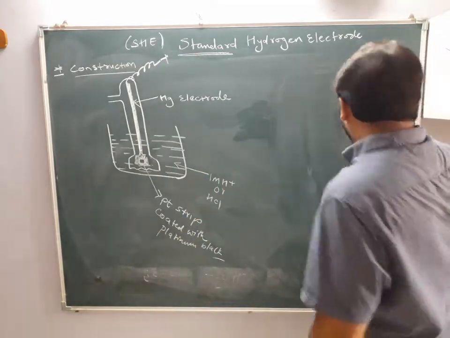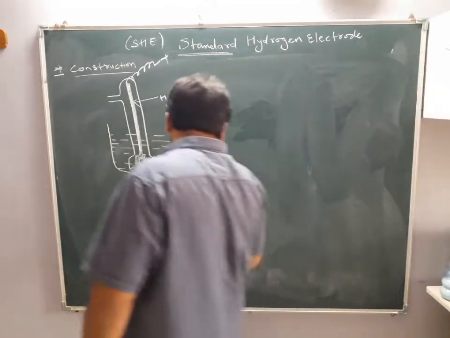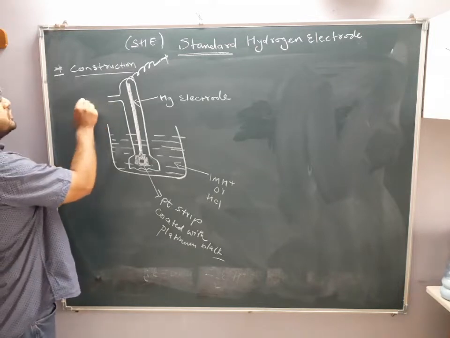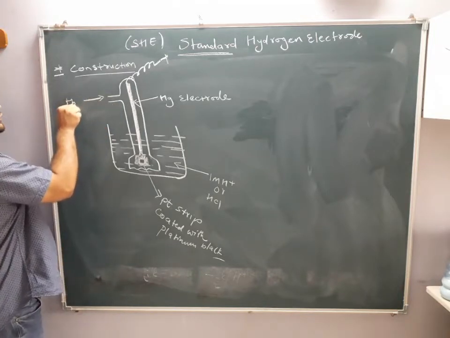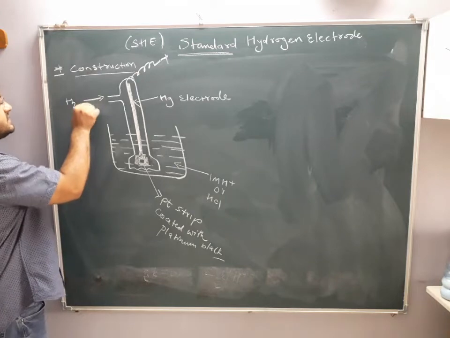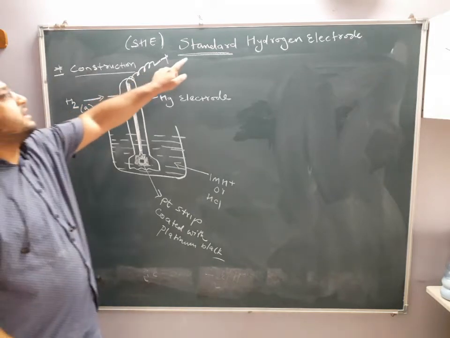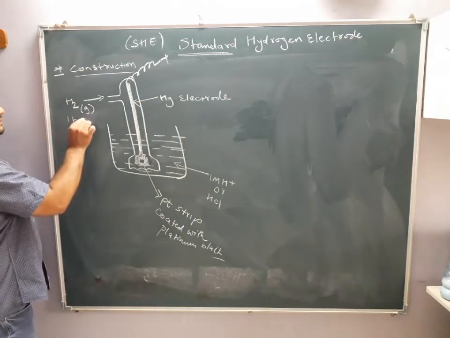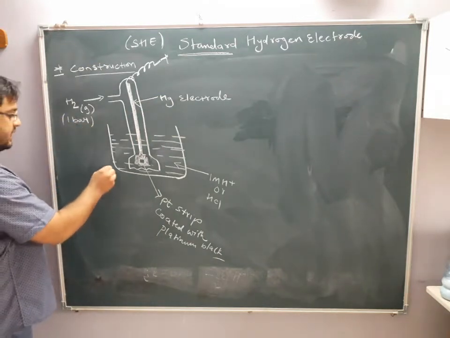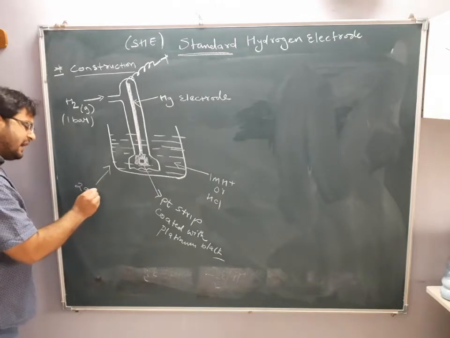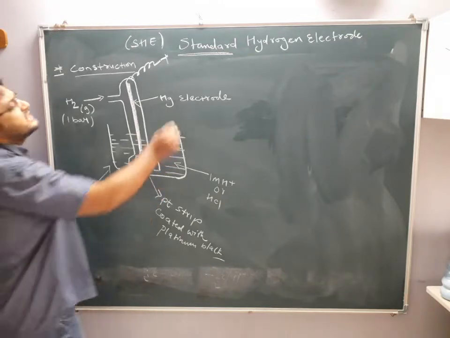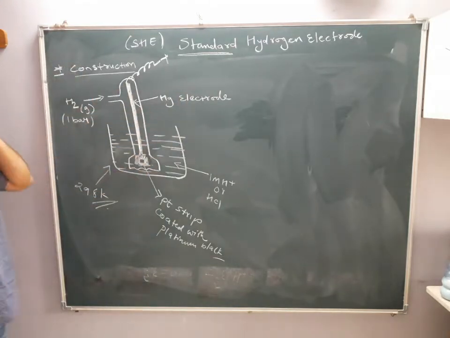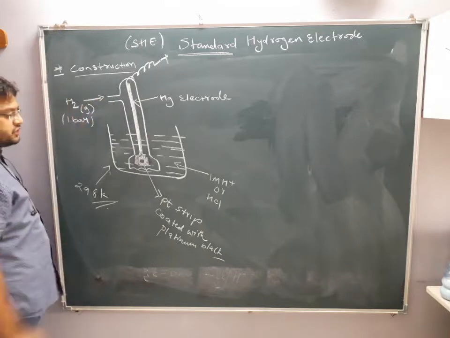Clear this part? Now, what happens? So this is 1 molar H plus solution. This is the platinum strip coated with platinum black, and from this portion I will allow the hydrogen to enter. Now you know hydrogen is a gas. Yes or no? And this is a standard condition. You have to maintain what? Standard condition. So this gas pressure should be 1 bar. Yes or no? And this is occurring at 298 Kelvin. At other temperatures it will also occur, but to maintain standardity, I am writing that this whole process occurs at 298 Kelvin. So from here the hydrogen gas will come.